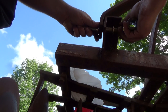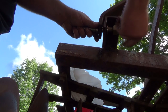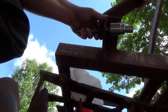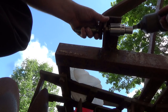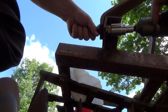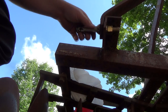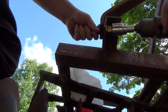Okay. Now, hopefully that's going to be long enough. That'd be my luck, eh? Okay, now we got to make sure we got this in kind of the right spot too. And that one's going on, not off, because I've done that lots before. Oh, it's not going to be long enough, boys. Okay, well, we're going to have to get a big adjustable, I guess. So that's maybe not too bad. I don't think I should tighten it more, but...